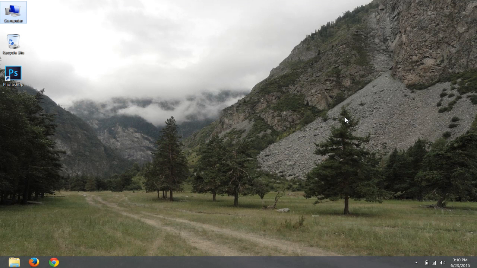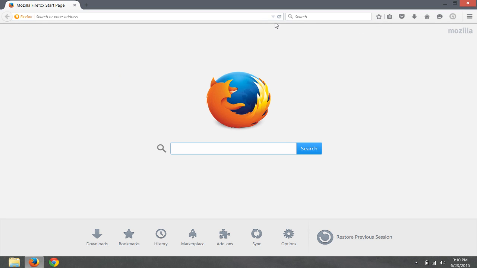Hello, how are you? Today we are going to download and install Eclipse in Windows. Also we will configure it so that we can develop Android applications with it. So let's get started. Open your browser, and then in the browser